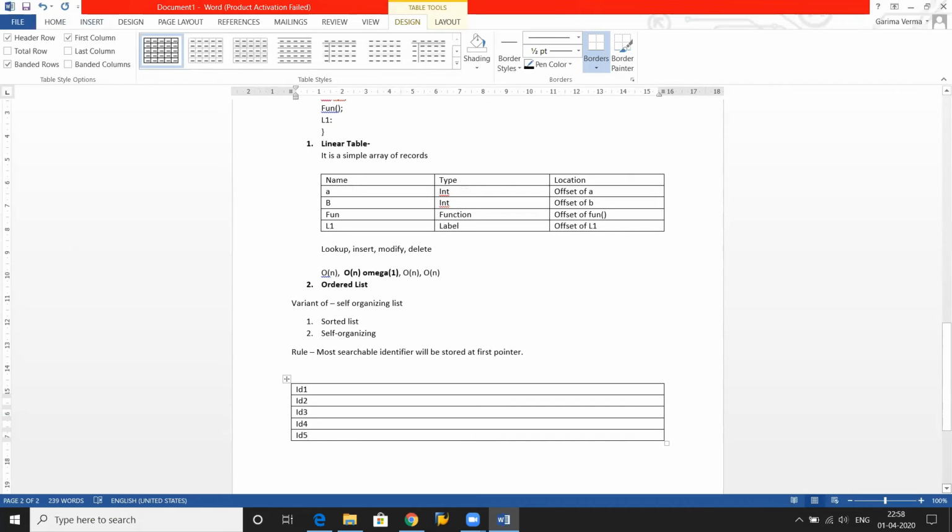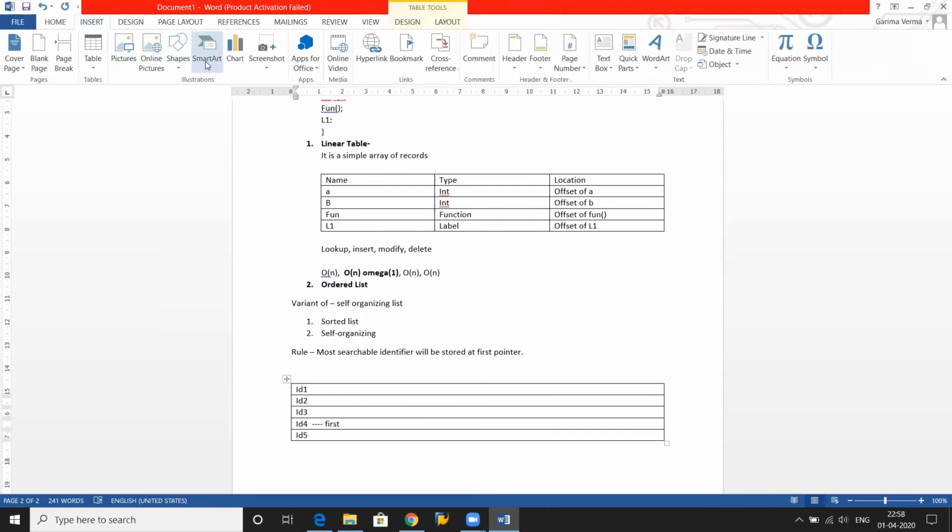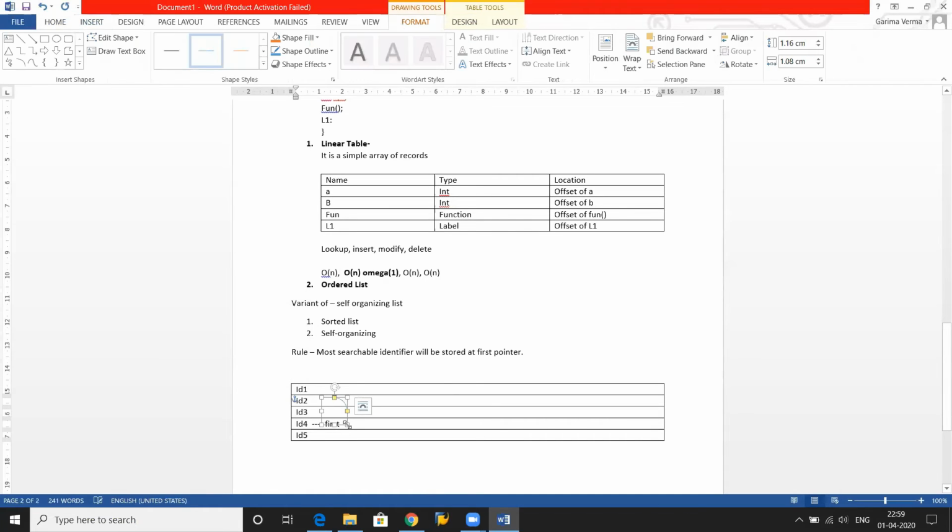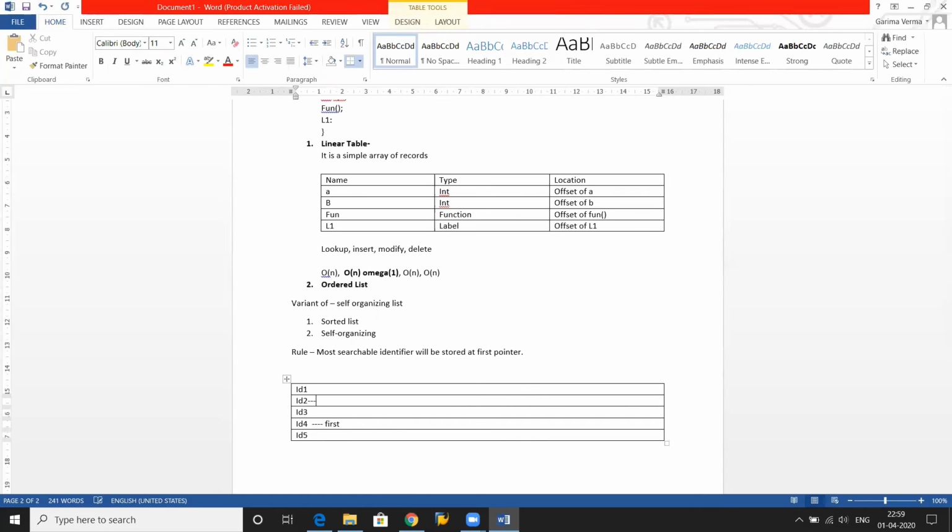अब इसमें होता क्या है कि जो भी आइडेंटिफायर सबसे ज्यादा एक्सेस हो रहा है, इसको पॉइंट करता है फर्स्ट पॉइंटर, राइट। And after this identifier, अगर प्रोग्राम में आइडेंटिफायर 2 सबसे ज्यादा एक्सेस हो रहा है, ये इसके साथ कनेक्ट हो जाएगा, मतलब आइडेंटिफायर 2 will be the second one, right। अब आइडेंटिफायर 2 के बाद अगर आइडेंटिफायर 3 एक्सेस हो रहा है सबसे ज्यादा, so this will be the third one। And इसके बाद सपोज करिए ये वाला एक्सेस हो रहा है, तो this will be the fourth one। And इसके बाद ये एक्सेस हो रहा है, तो this will be the fifth one, right।